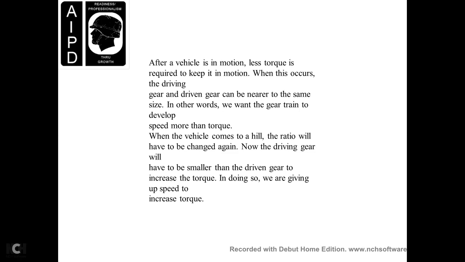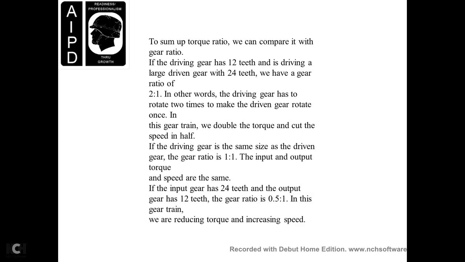The driving gear will have to be small with the driven gear large to increase the torque. Doing so gives up speed with an increase of torque. The torque ratio compares with the gear ratio: the driven gear with the 12 teeth and the large driven gear with the 24 teeth give a ratio of 2 to